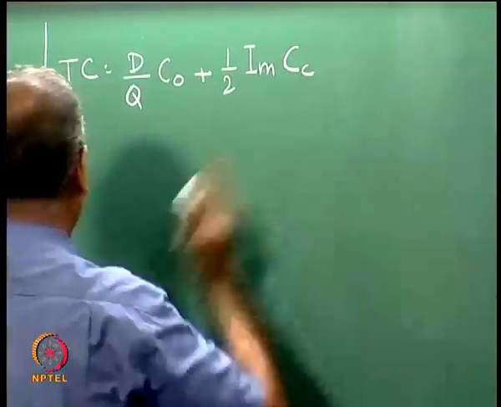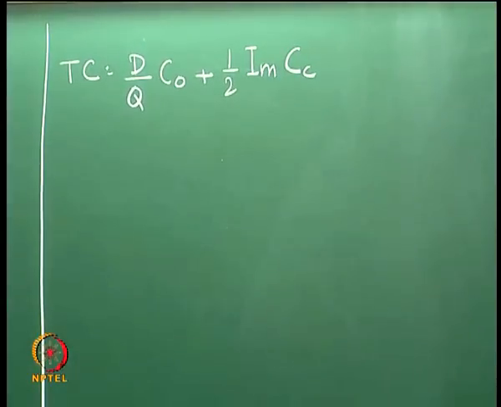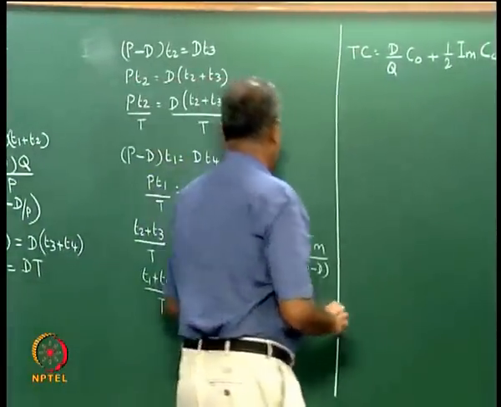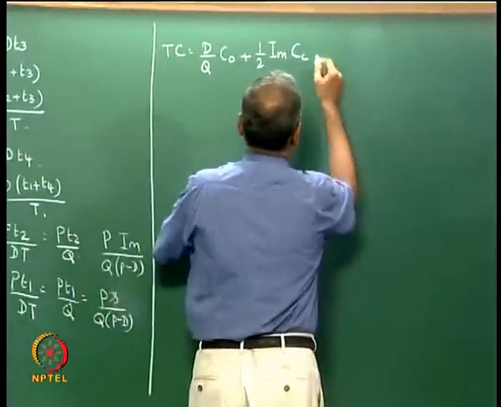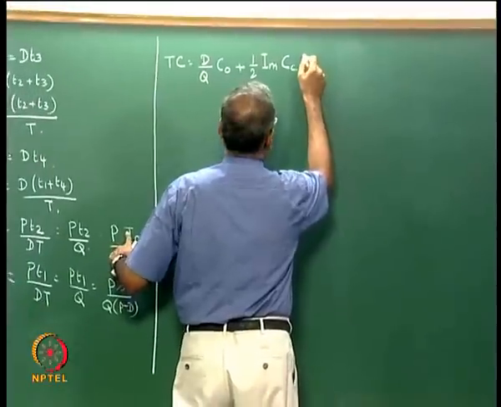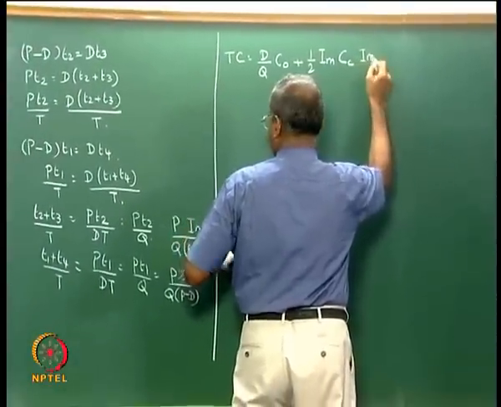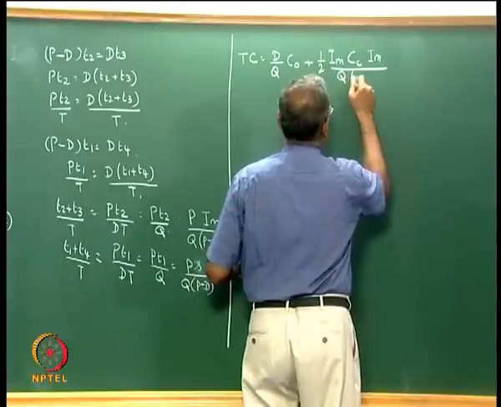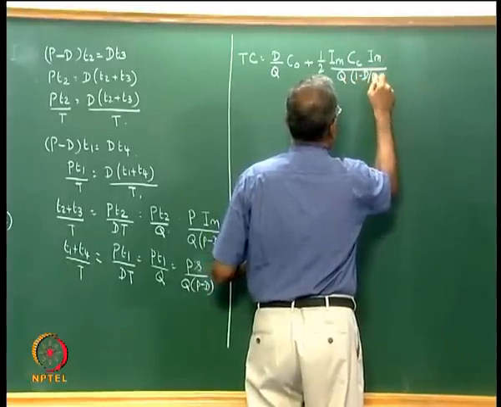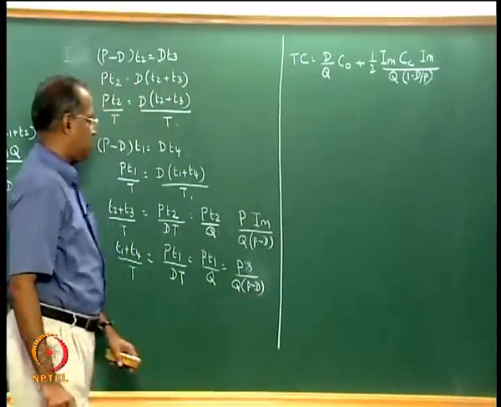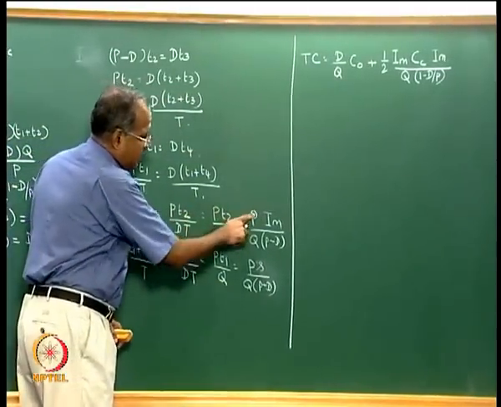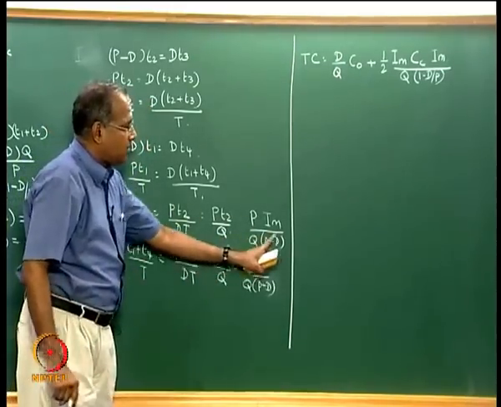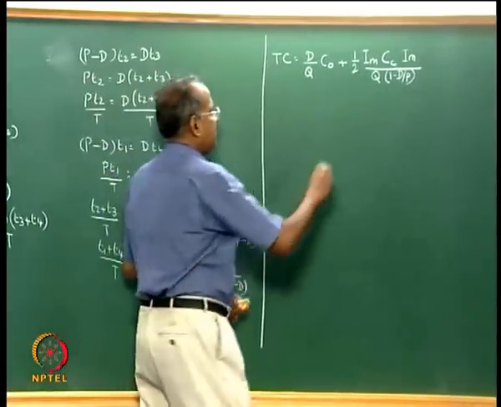So, Im into Cc into (T2 + T3) by T, which is P Im by Q into P minus D. This is written as Im divided by Q into 1 minus D by P. This P is brought back into the denominator as division by P. So, you get 1 minus D by P plus